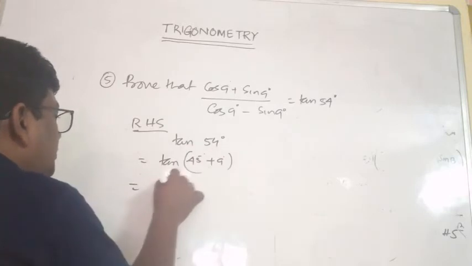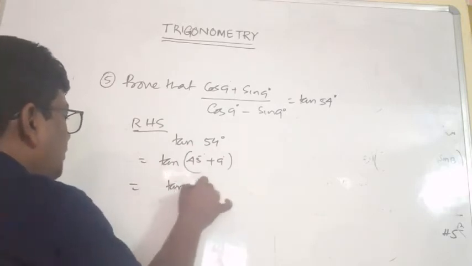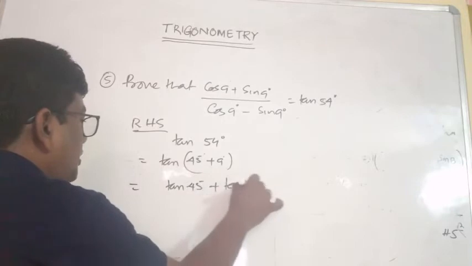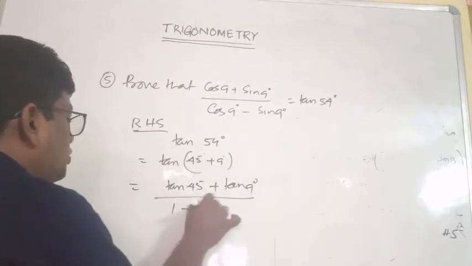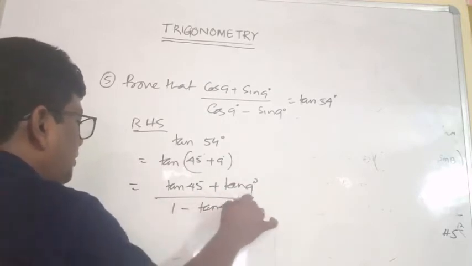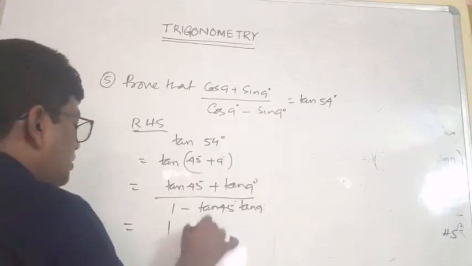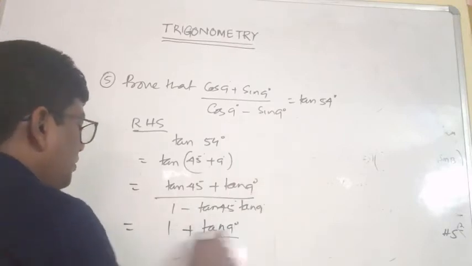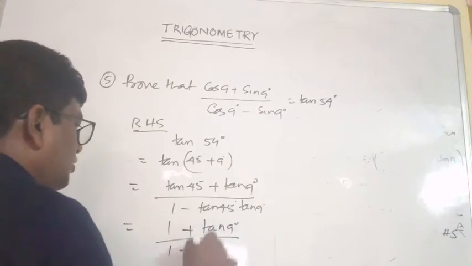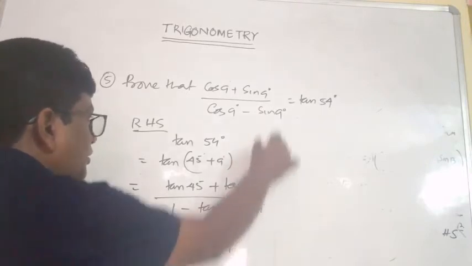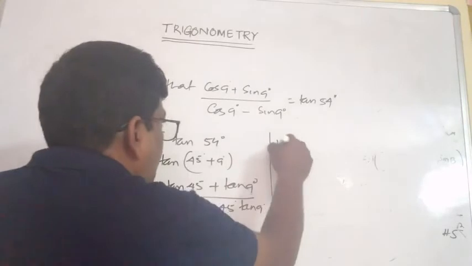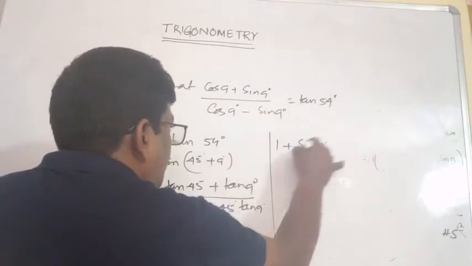Tan A plus B formula: tan 45 degree plus tan 9 degree by 1 minus tan 45 degree into tan 9 degree. So tan 45 means 1 plus tan 9 by 1 minus tan 9 degree,